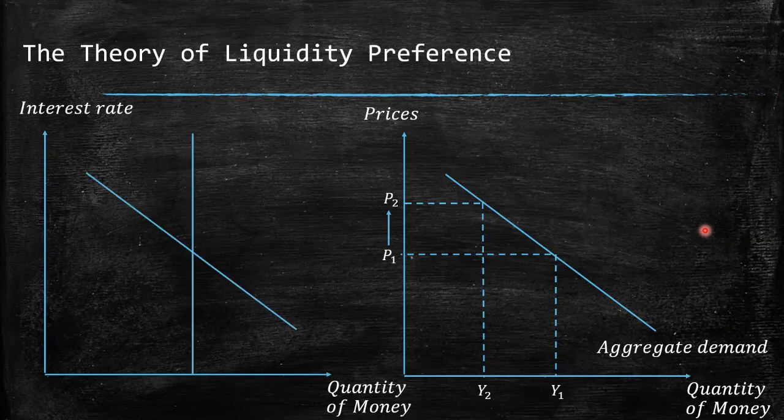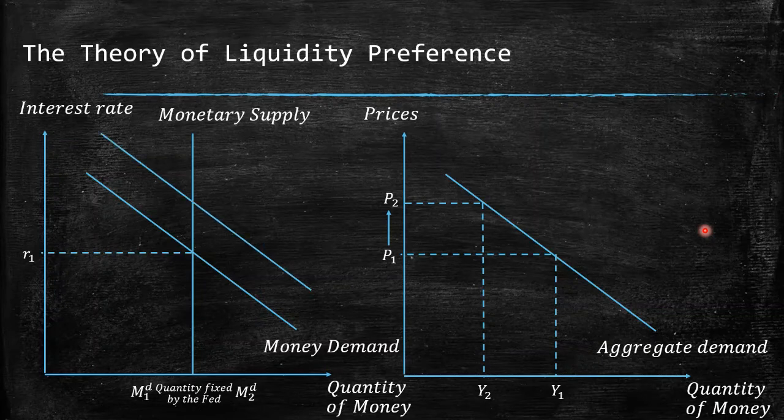How can we express the same situation with the aggregate demand? Here, in this situation of aggregate demand, we have a move along the curve to Y1 and Y2. Remember, this is not the quantity of money, this is the level of output. So here we have a decrease in the level of output and an increase in the price. Increasing the price provides a decrease in the output. So this is the representation of this market of money in the aggregate supply and aggregate demand.